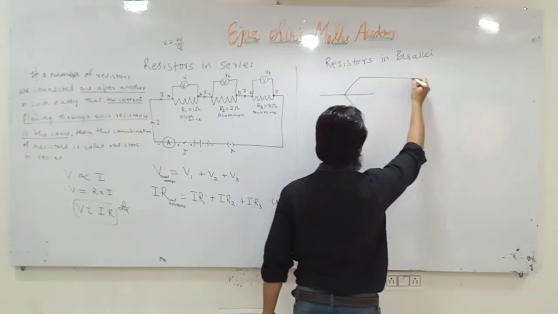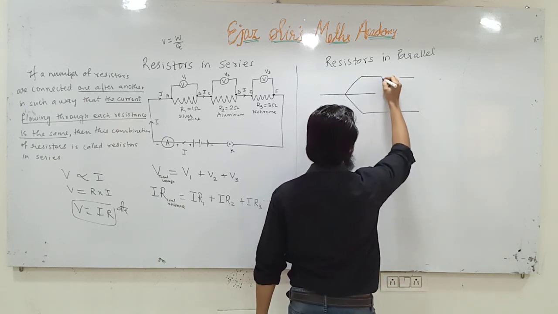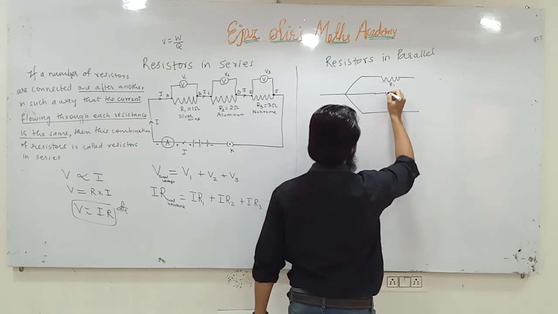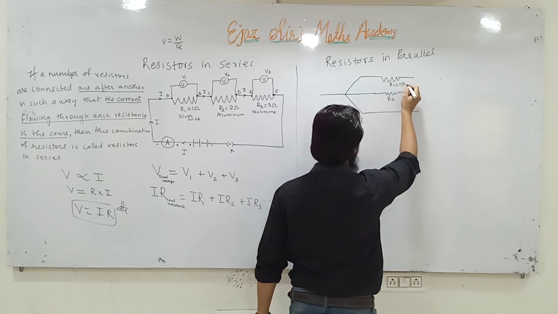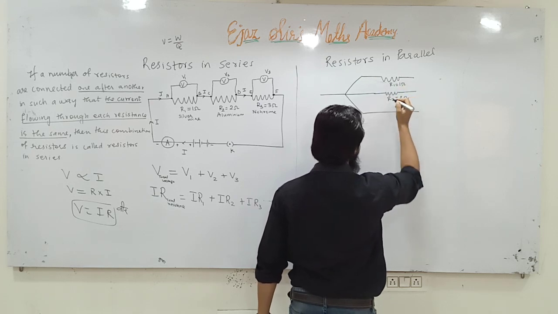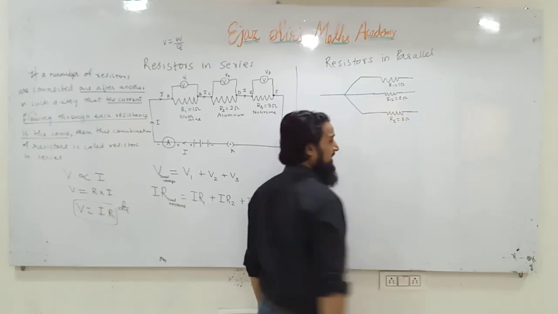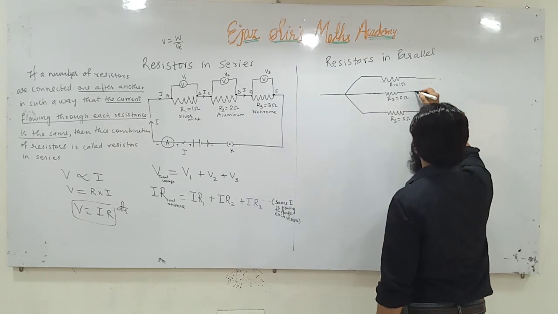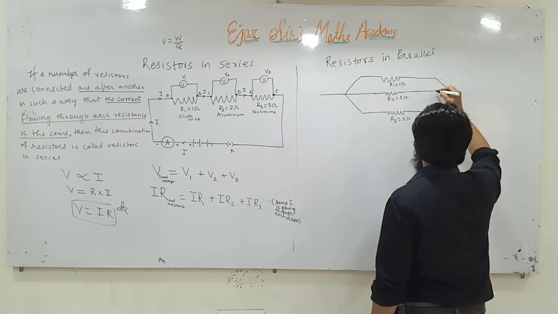These are the three resistors. Here it is resistance number 1, R1. Here it is resistance number 2, R2. Let us say this is 1 ohm, this is 2 ohm, and here this third resistance is R3. Let us say this is 3 ohm. In the exam, don't write the values. I am writing the values only to explain to you how this all takes place.